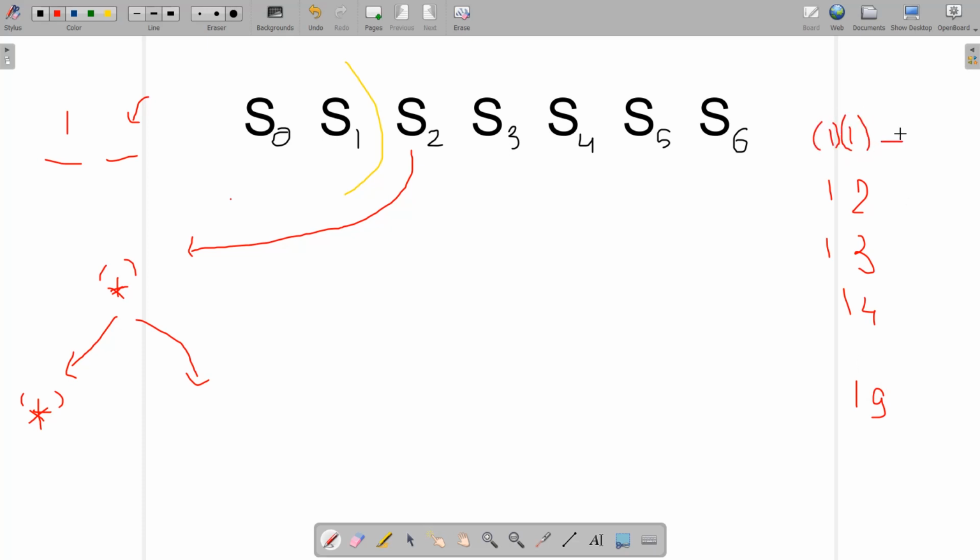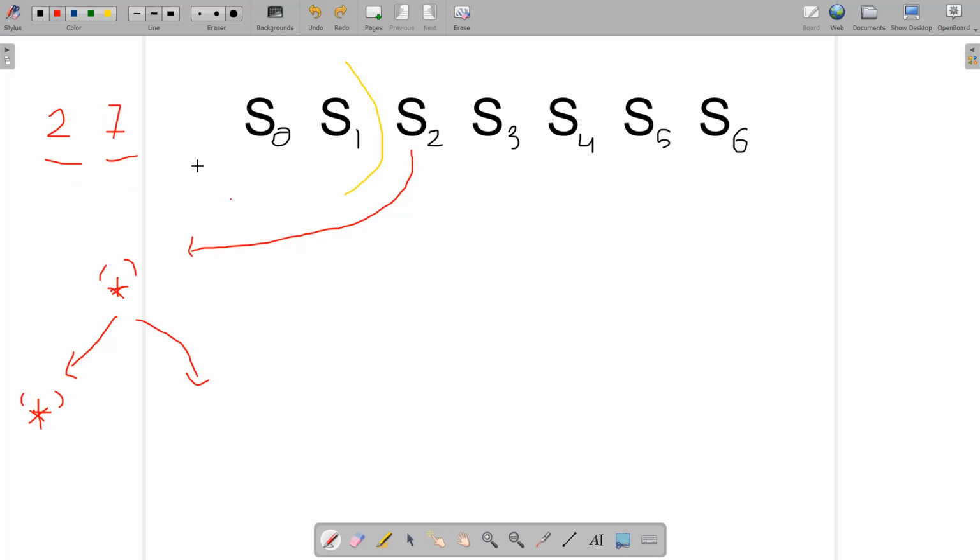So there are many ways. We can have 1 1, or we can have 1 2, 1 3, and so on. What about this one? Let us talk about this one too. We can have 1, we can have 2, and we can have 3, and we can have 4, and it goes up to 5 and 6 only. What about 27? We cannot take it as a whole.